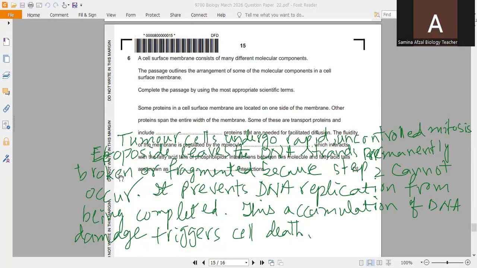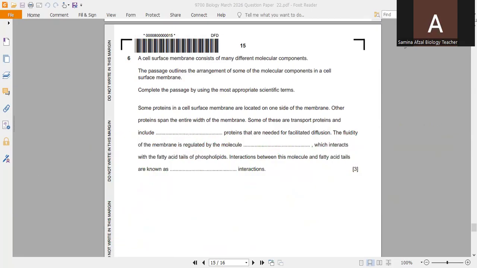Question number 6, just like fill in the blanks, we have to complete the given paragraph. So here you can see that a cell surface membrane consists of many different molecular components. The passage outlines the arrangement of some of the molecular components in a cell surface membrane. Complete the passage by using the most appropriate scientific terms. Some proteins in a cell surface membrane are located on one side of the membrane. Other proteins span the entire width of the membrane. Some of these are transport proteins and include